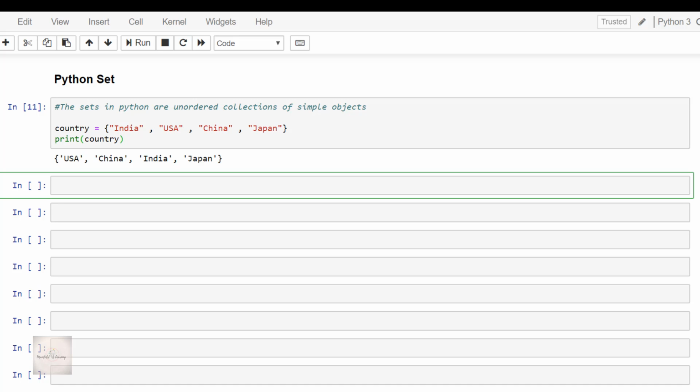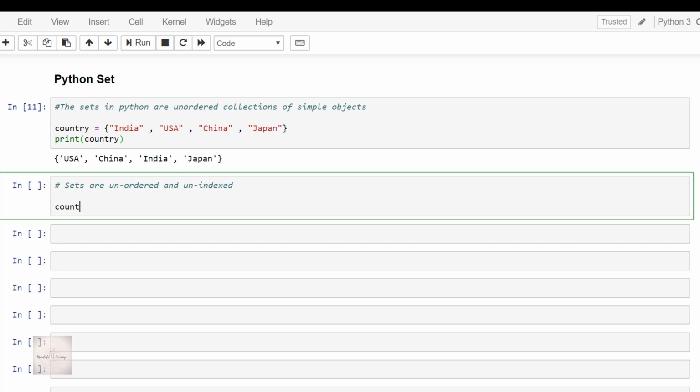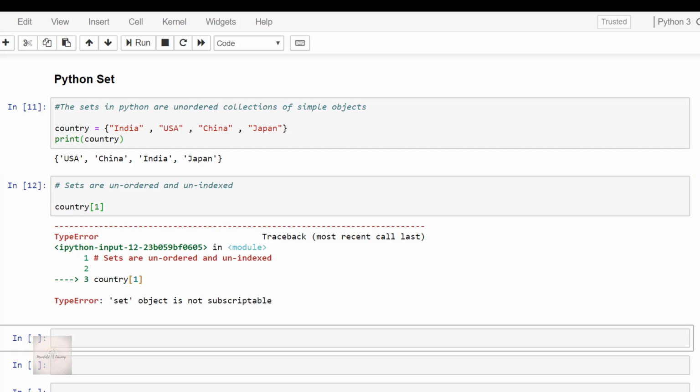And like you have already noticed, we create the sets in Python with the use of curly brackets. Correct, right? Yes, since the sets are unordered and unindexed, we cannot retrieve the elements from the sets once it is created. Suppose I write to return the element at the first index like this, see, we have the error that says set object does not support indexing.